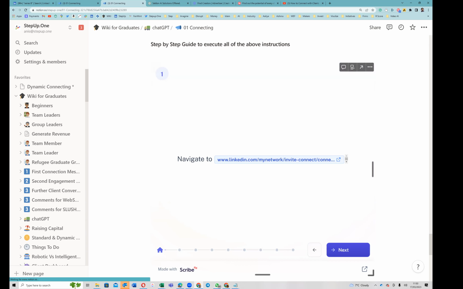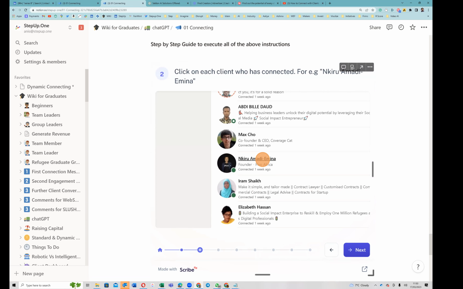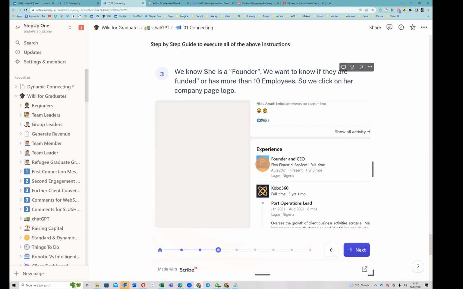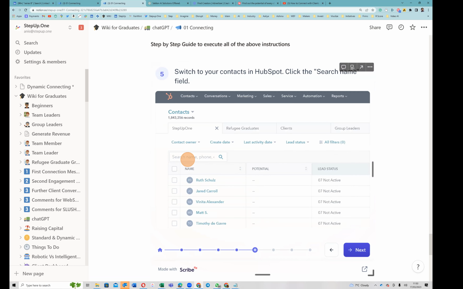You click on get started. It says go to this place, which means if a new guy starts, this one will be, go to his HubSpot or log into his HubSpot, right? That is the number one thing, because without HubSpot or Excel or this thing, you won't be able to do it. Once he goes there, then click on the client like this, then we know that she's a founder, we can do that, blah, blah, blah. So it'll all be